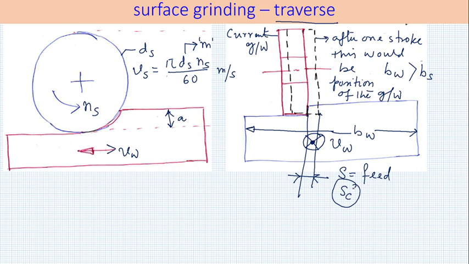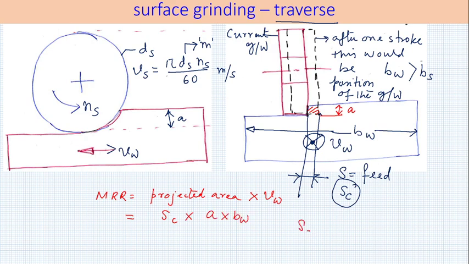This concept of feed would be used in cylindrical grinding as well, but today we are not going to do any MRR calculation. Now, where is the downfeed in the right hand figure? Downfeed in the right hand figure is this one. This is your downfeed. So this is the amount of new surface that is being ground. So MRR would be the projected area of the new surface that I am grinding off into VW. So the projected area would be this, SC into A into BW.